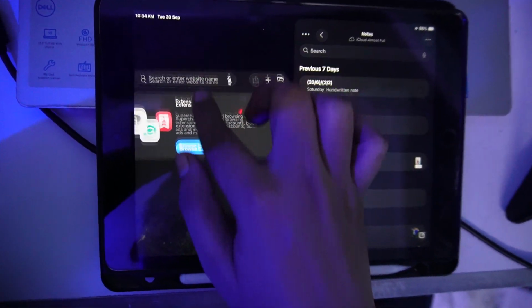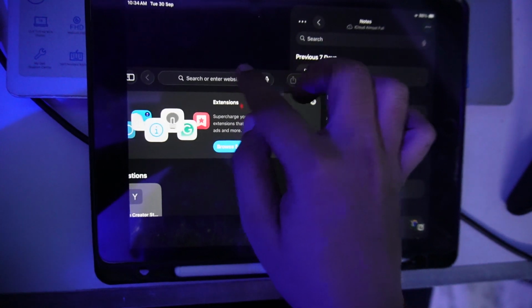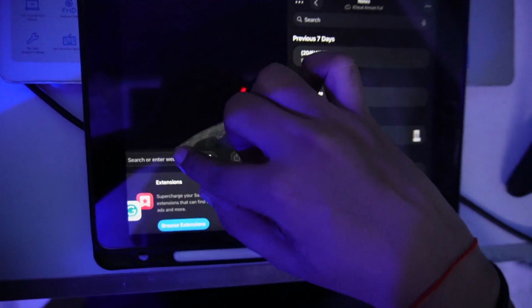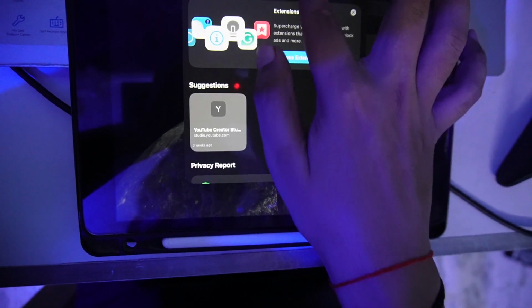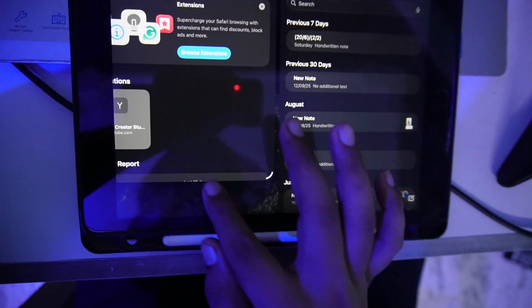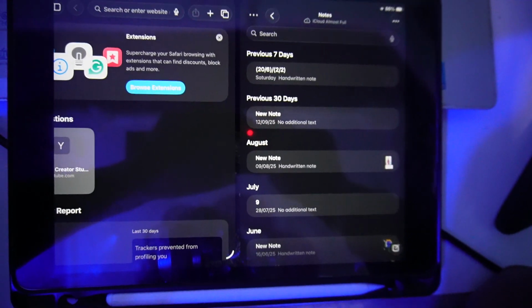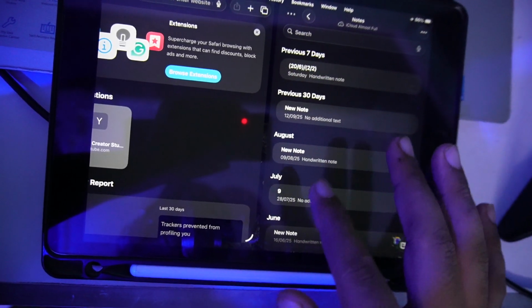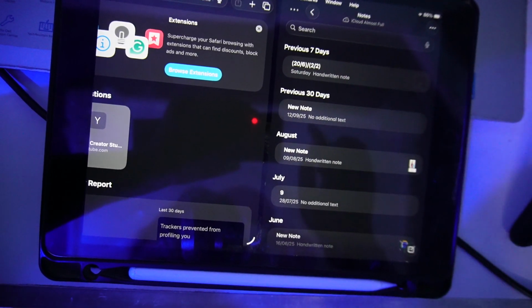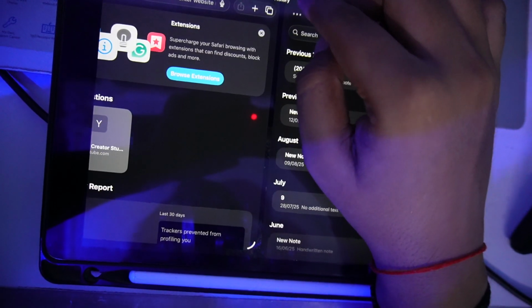And you can also keep your browser at the left side by keeping your application there.